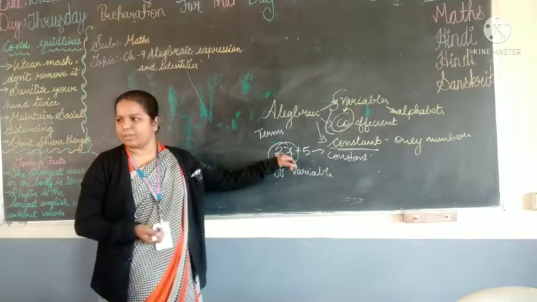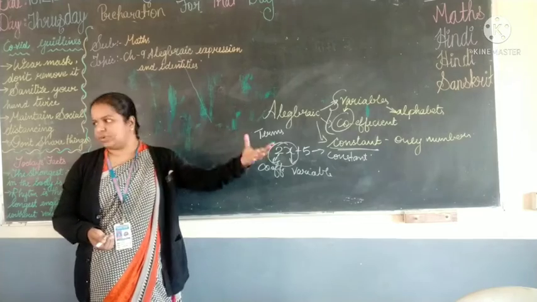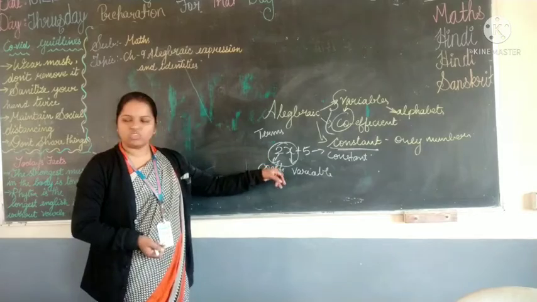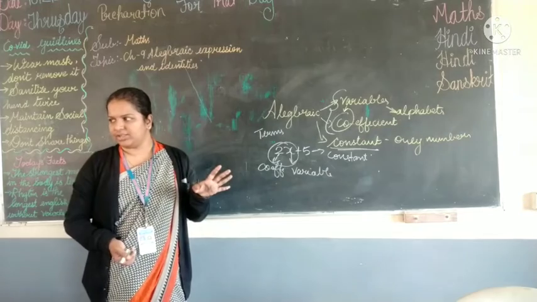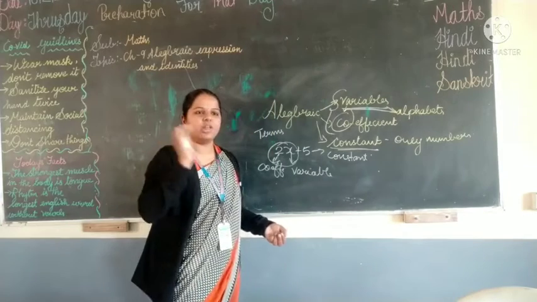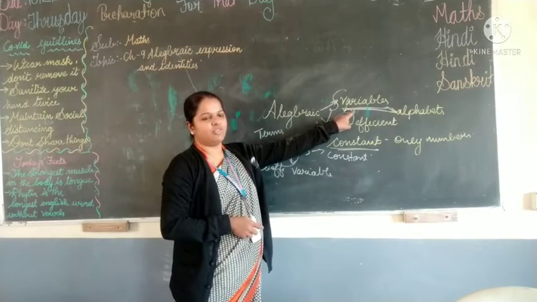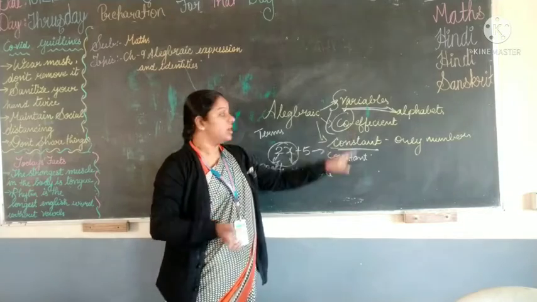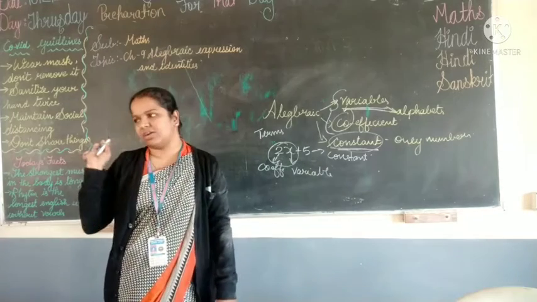That variable and coefficient together, what do we call it? We call it a term. In short, a term has two parts. What are they? One is the coefficient, another is the variable. Understood? Clear this much? Variables mean alphabets. When you are clear with that, it will be easy. Variables mean alphabets, coefficient means number, and constant means the number which comes alone.